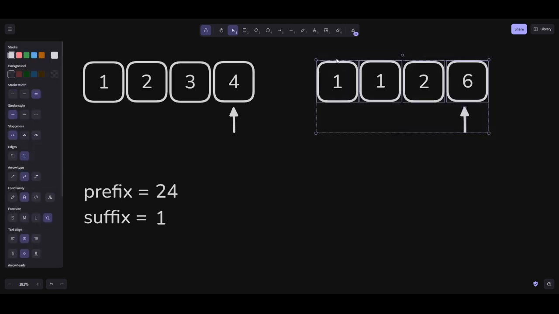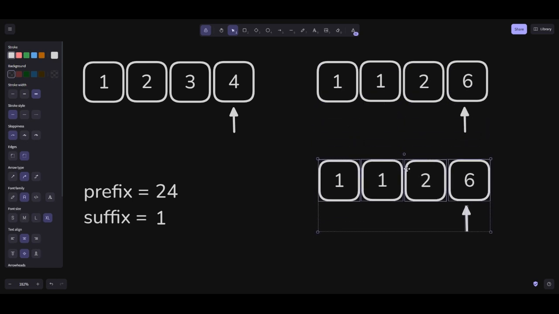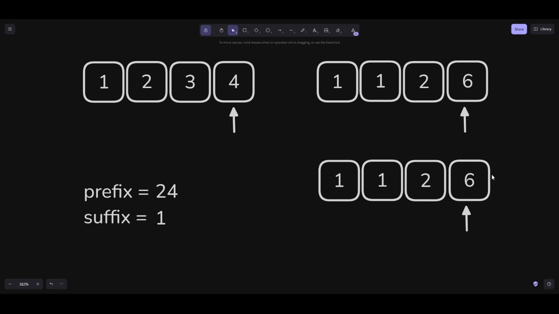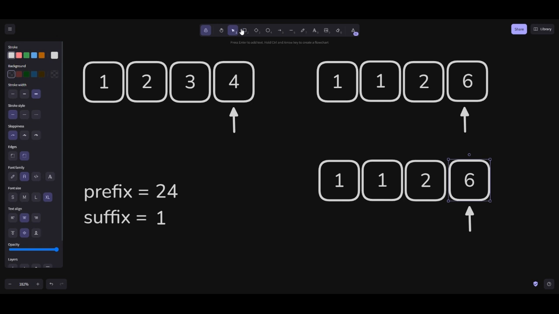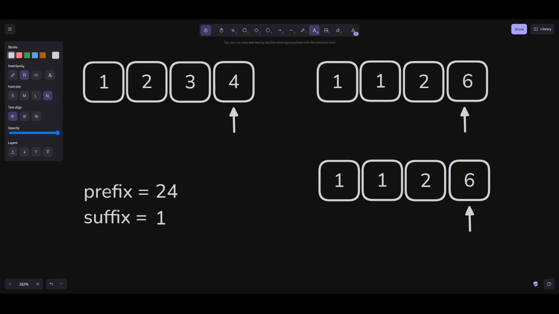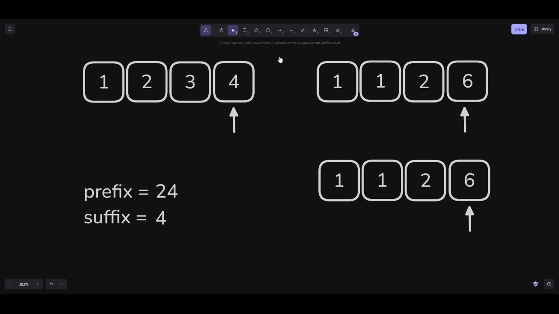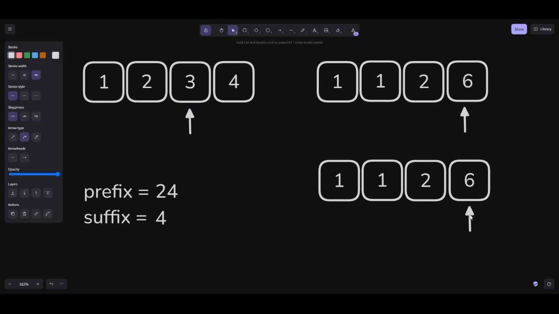And then we're going to do the exact same thing with the suffix, and we're going to use our current result. We're not going to make a new array. We're going to use the current result, and we're going to loop in reverse this time. So instead of setting it equal to the suffix this time, we're going to multiply the suffix by the current element in result. So this stays as 6, and then we're going to move. And before we go to the next one, our suffix becomes what our current suffix is multiplied by our current element in nums. So this becomes 4, and then we move along,